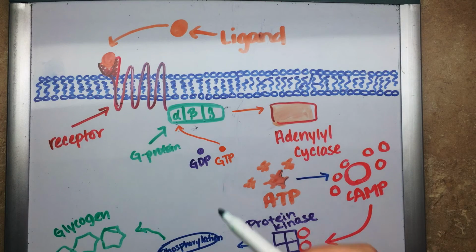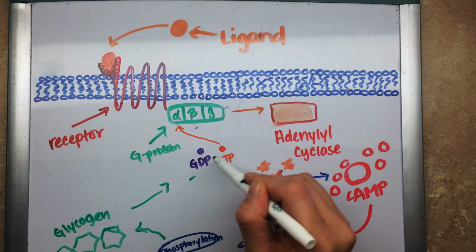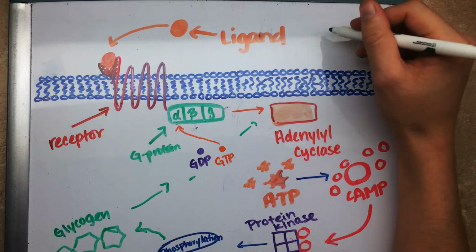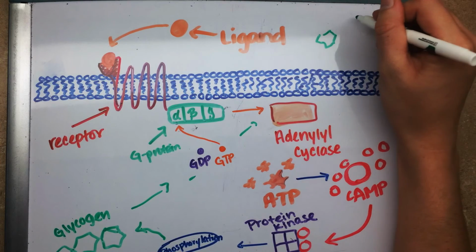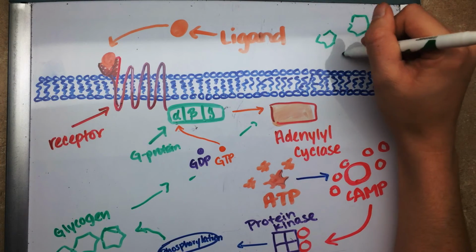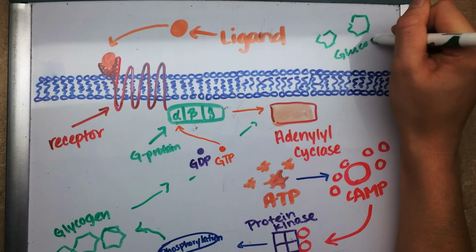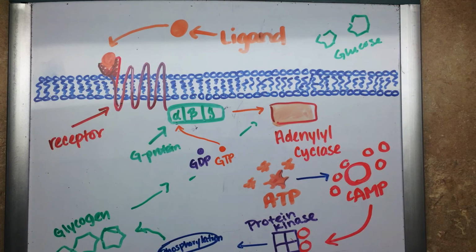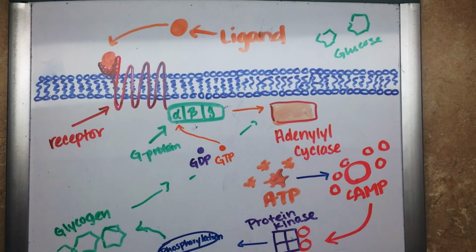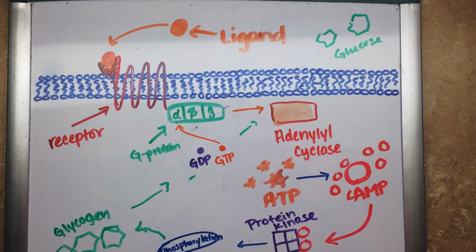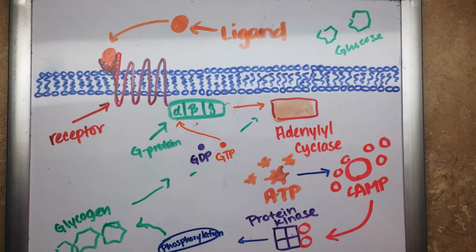So we're going to take glycogen and it's going to go through the process of phosphorylation, and the cellular response, which is basically the whole process of signal transduction, and the whole goal of signal transduction is a cellular response. We're going to take it and it's going to create glucose. But that's basically what signal transduction is, and the whole idea of what membrane receptors